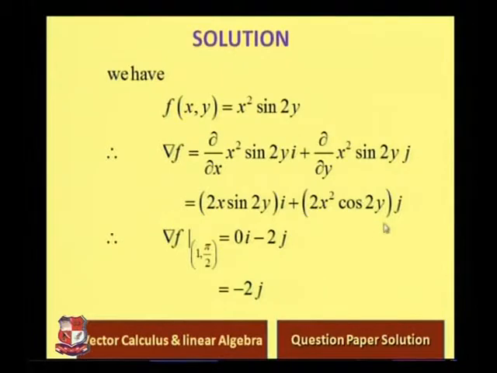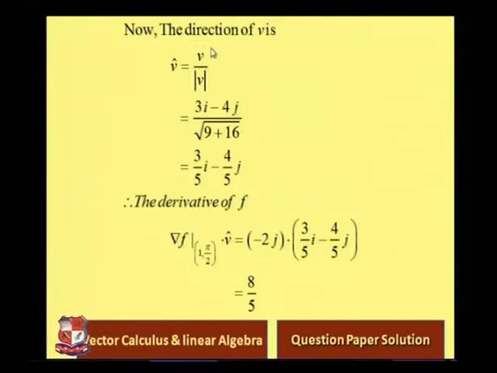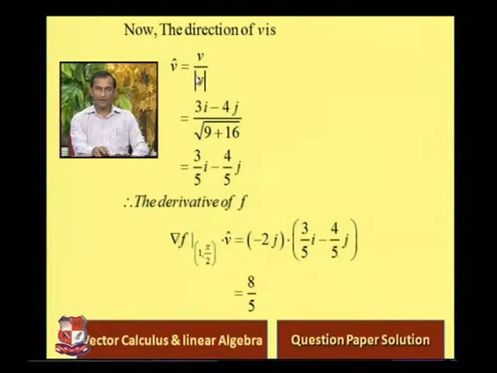1, so 2 into minus 1 is minus 2j. So this nabla f at point (1, π/2) is minus 2j. Now the direction of v, that means v cap equals vector v divided by its magnitude, its distance. So v is 3i minus 4j, and its magnitude is